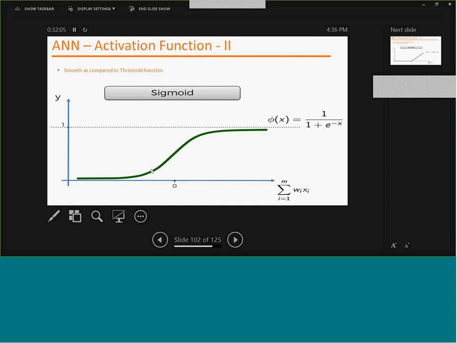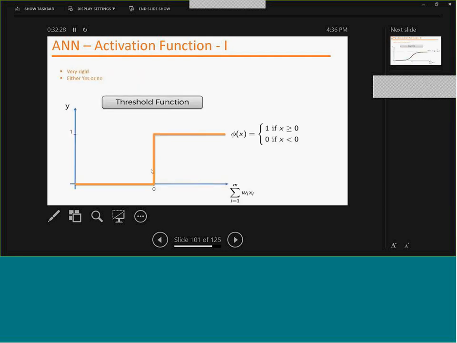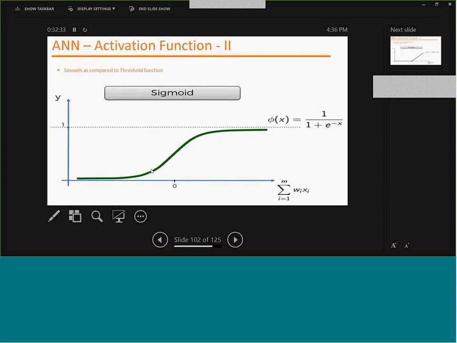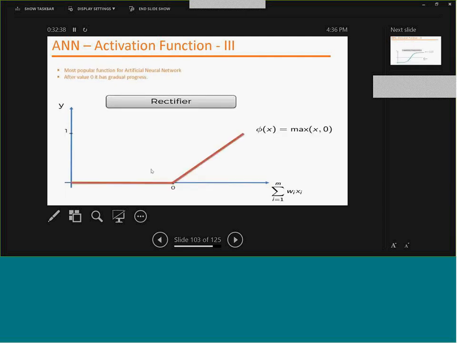But we have another activation function, number 2, that is sigmoid. It calculates 1 divided by 1 plus e raised to the power minus x. So it applies minus x onto e, then adds 1, and then divides 1 by it. This is how the sigmoid function works, and it's pretty smooth. The threshold function is very rigid, it gives you either 1 or 0, but sigmoid is very smooth,